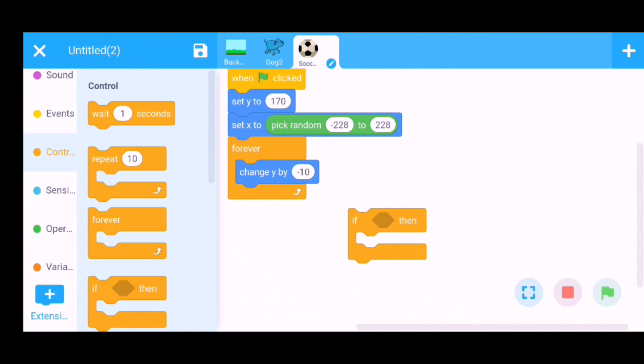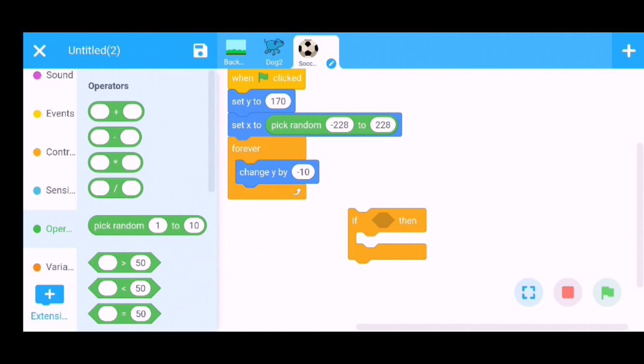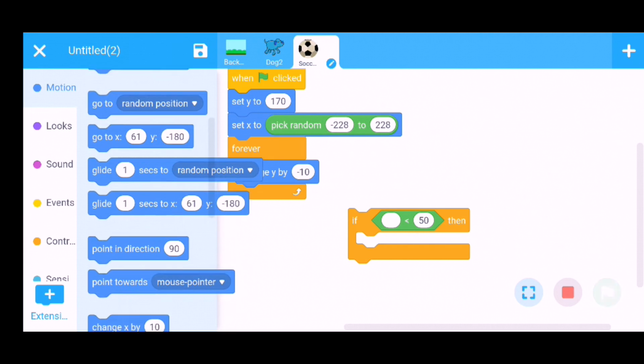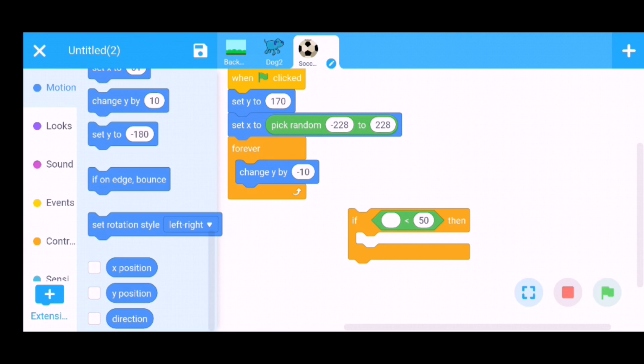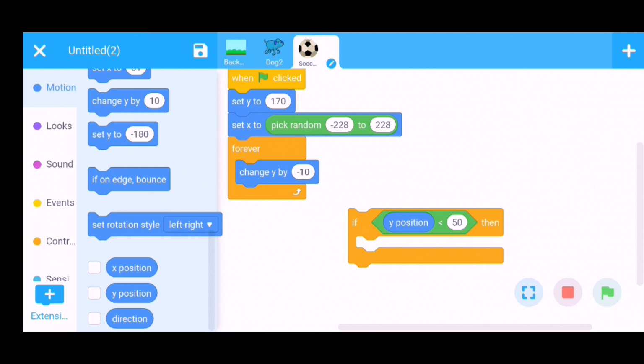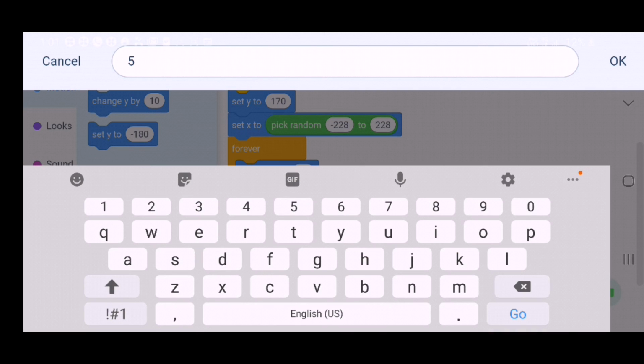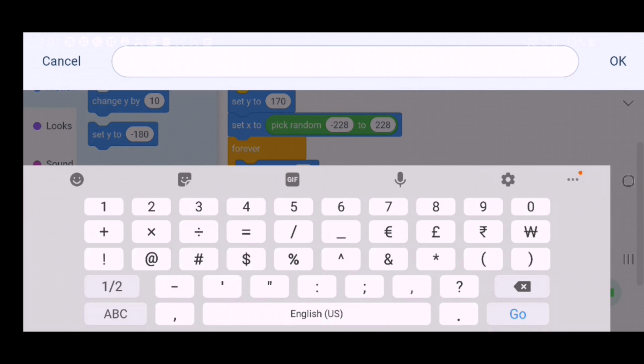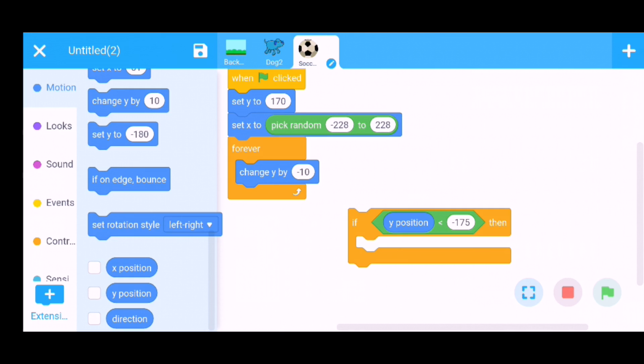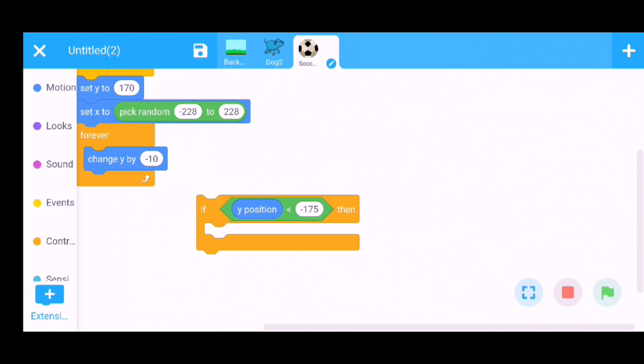If the y-axis is less than minus 175, go to the operator section, use the less than command here, and go to the motion section, select y position, minus 175. If the position is that, then the ball again starts falling down from the sky.